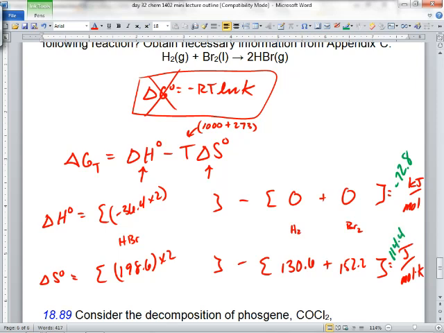Those are the two numbers I got. Negative 72.8 and 114.4. So if we're going to plug them into this equation,